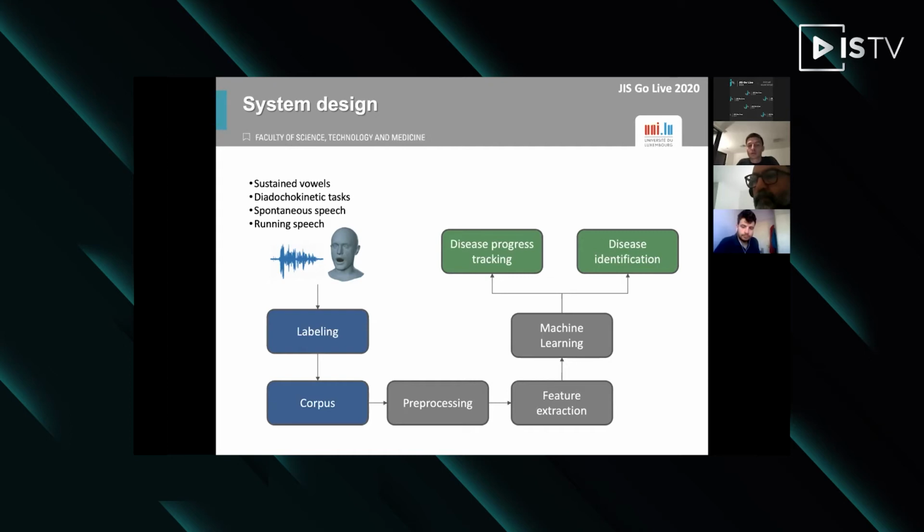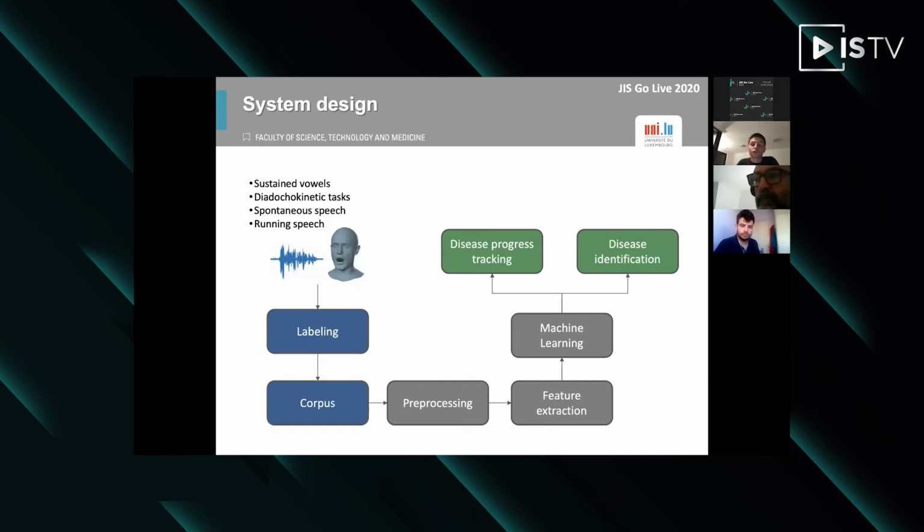After the corpus is labeled, there are data pre-processing steps, which usually involve removing or at least attenuating the noise, then also removing the silent parts of the speech. Afterwards, the relevant acoustic features are extracted from the speech signal. And in case there are many of these features, then also feature selection or feature reduction might be applied as well before